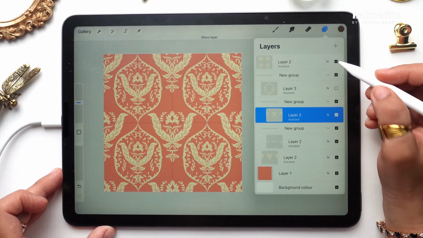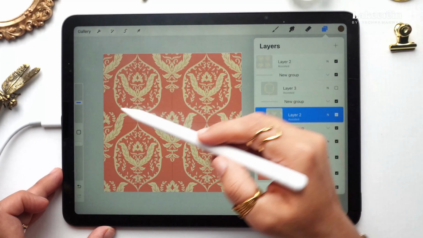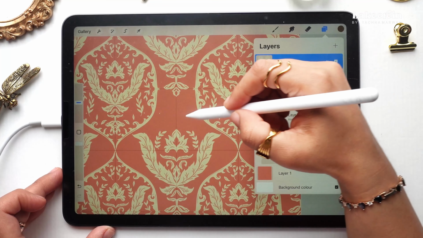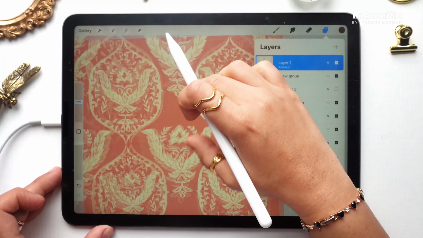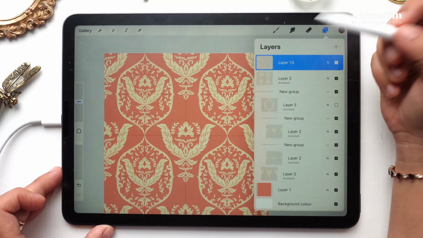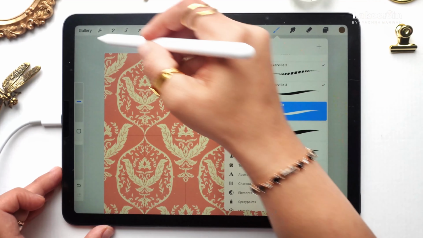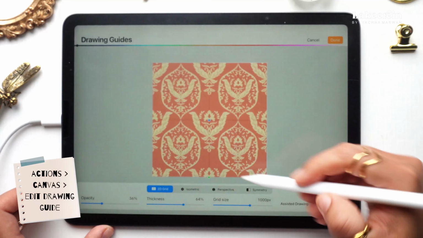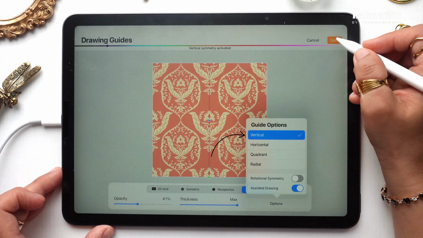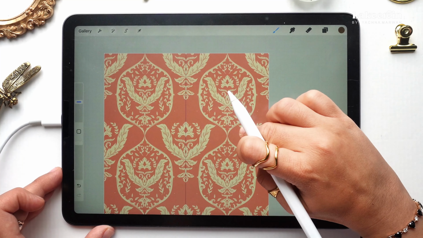Now I'm gonna unhide this part also, and we can see that we have filled a lot of space over here. For me, I feel that we still have a lot of space here, so maybe you can fill it up. It's your choice. Maybe you can take up a new layer, put this on a drawing assist, but not like here. You just have to put it in a symmetrical, any of the symmetry, maybe quadrant or vertical. Vertical would be ideal. And then I press done here,